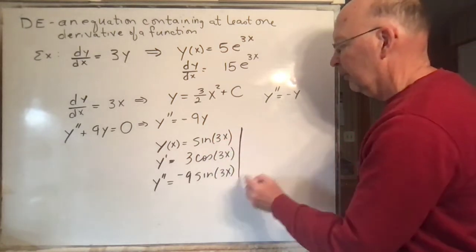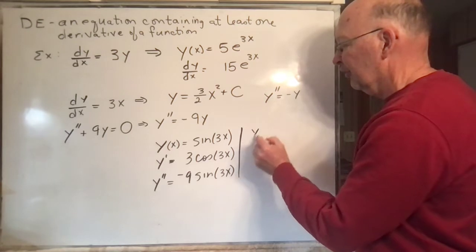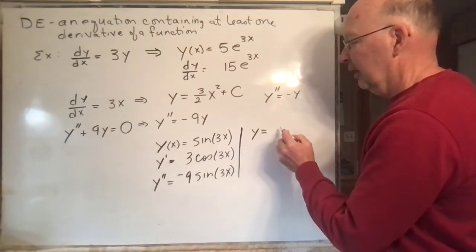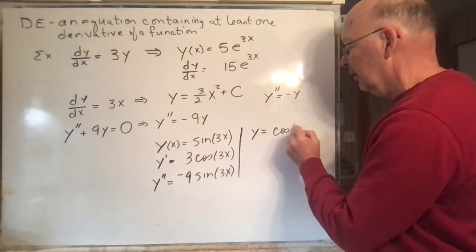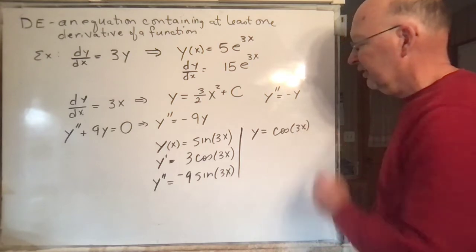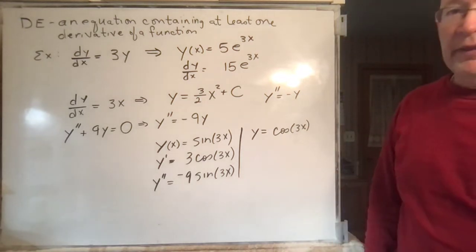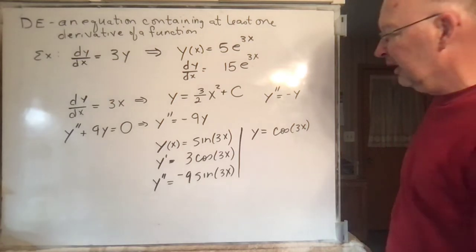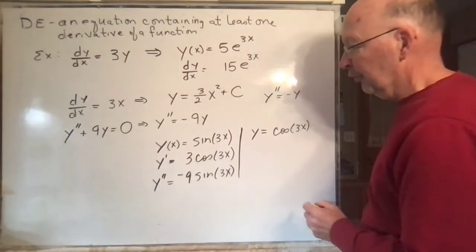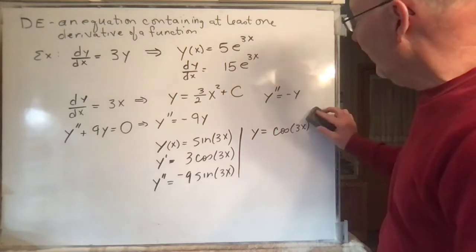Do you agree that we would have gotten a similar result if we would have started with cosine of 3x? If we would have done that, we would have ended up with the same thing. And then if you're really thinking, you might realize, maybe I could put those two together. So in fact,